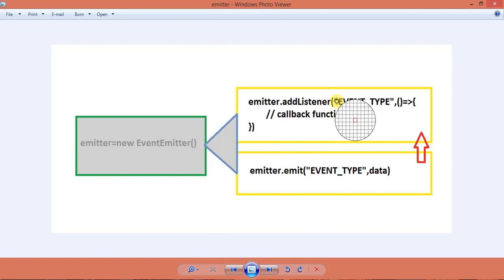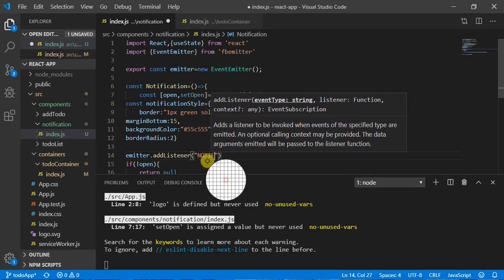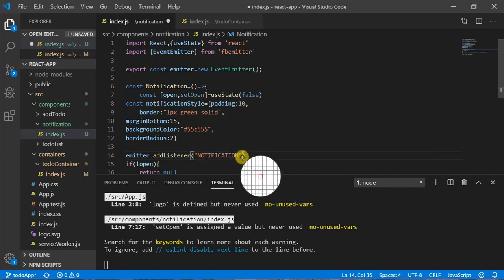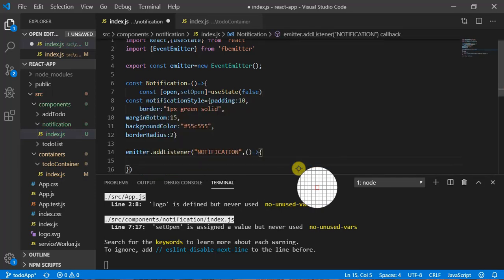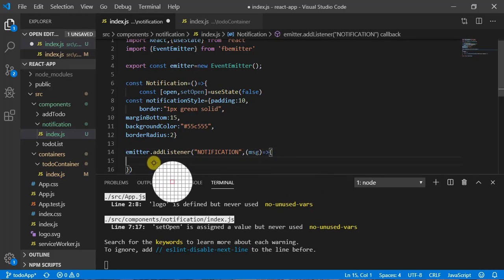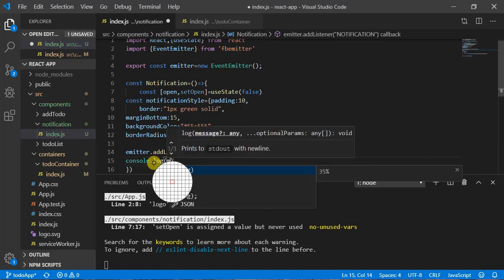The first parameter is your event type, and the second is the callback function. Let's call the event type notification. The second parameter is the callback function. Here let's get the message, whatever we are getting, and do console.log of msg.